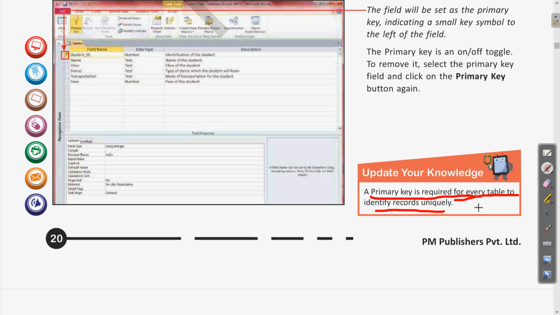If there is a table in which there are many values, for example thousands of student names, and there is someone who has a similar name, how will you be able to identify? You will be able to identify on the basis of something which is unique for all of the students, like roll number, like the admission number. Those things which are unique for all of the values of a database will be called a primary key. I hope this is clear.